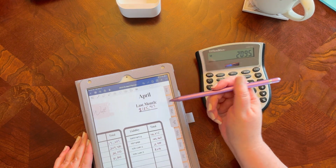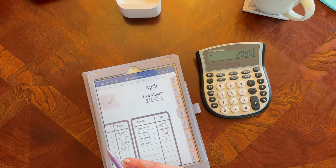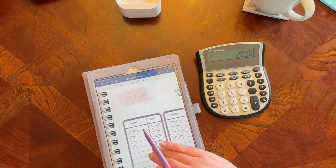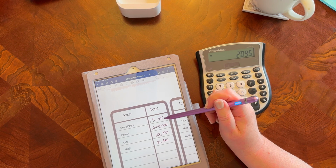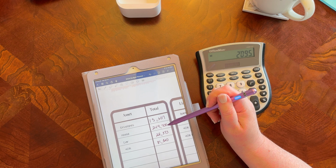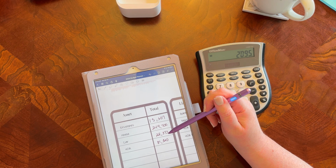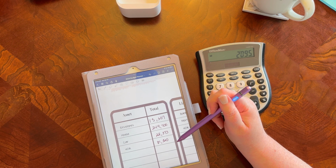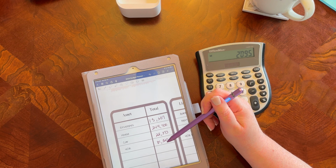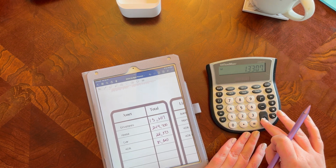Okay, so last month's net worth was $185,917. If we look at the assets, as we just saw in my envelopes, I have a total of 13,307. My estimated house value based on Zillow is 249,700. My estimated trade-in value of my car based on Kelley Blue Book is 22,393. And my current 401k balance is 81,320. So if I total all that up,